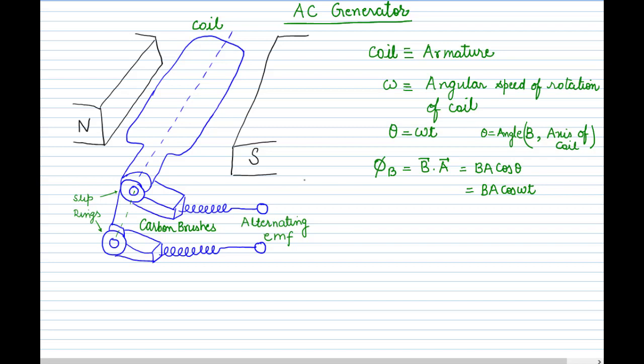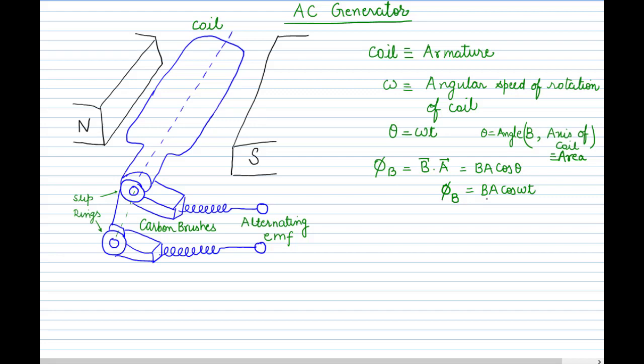Now just pay attention here, because phi B is equal to BA had the angle been 0 degrees, when they are in the same plane. But this coil is rotating. So this is the magnetic field and this is the area. So this theta is varying, so we write the magnetic flux phi B is equal to BA cos